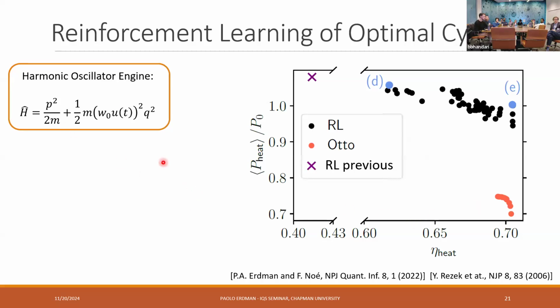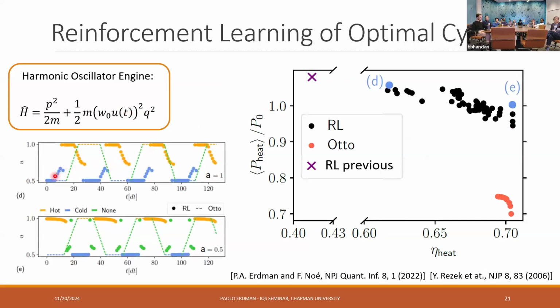And then we applied it also to a model of, so this is again a quantum heat engine. So the goal is again work, but this time the working fluid is, if you want, just a single particle trapped in a harmonic potential. So our time-dependent control is actually the confinement of the particle. And here again, what we found were these cycles shown as dots.